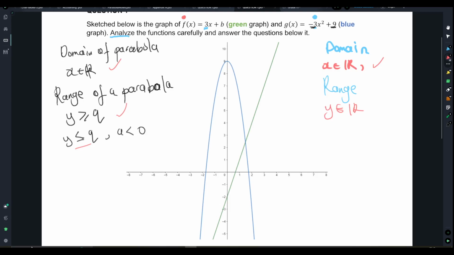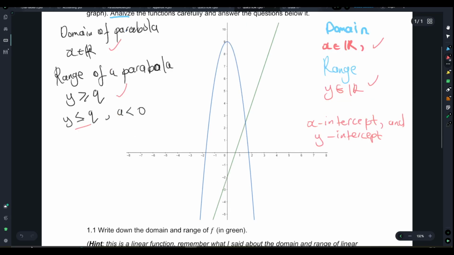Another thing for you to analyze is this: the X-intercepts and also the Y-intercept, right? So for this one, we are not going to find the X-intercept because we have this b here and we do not know yet the value of b. But for this one, for us to find,